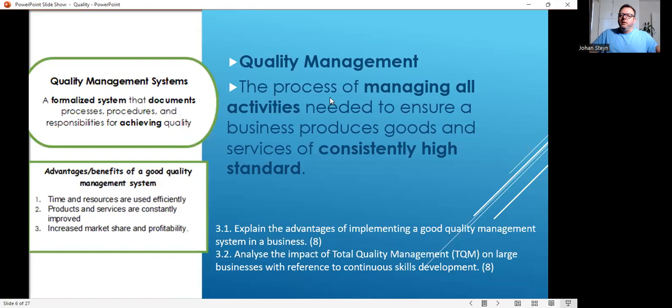So how do you now get all of this together? How do you pull yourself together so that you now can understand what needs to be done? So this is where you look at quality management. Now, let me refer you back to grade 10, because a lot of this is based on grade 10 work. So let's go and see quality management. Now I'm focusing on the word management. This is what you need to look at. So this word right there, quality management,